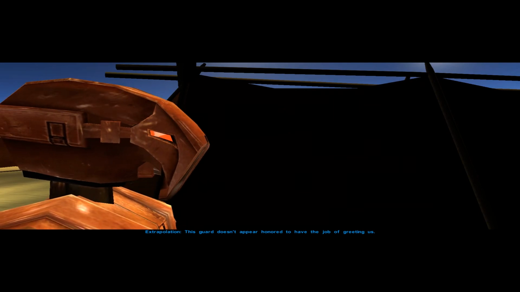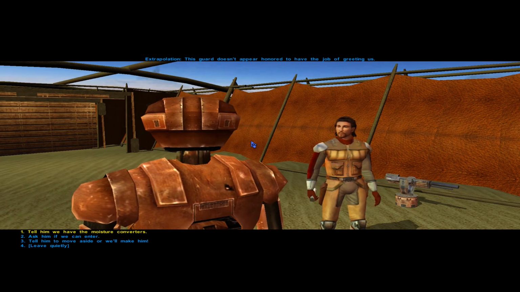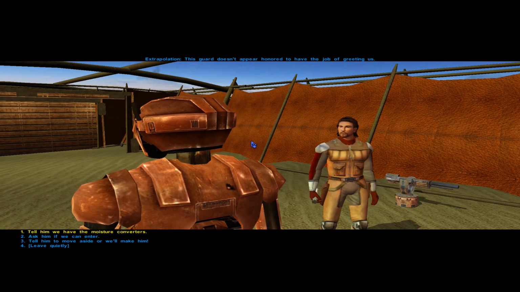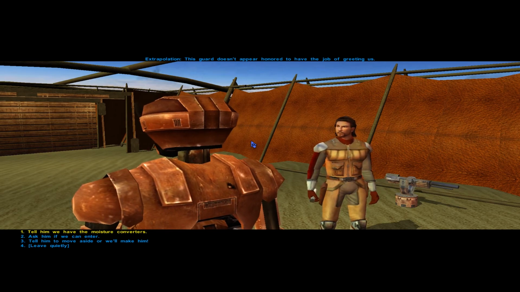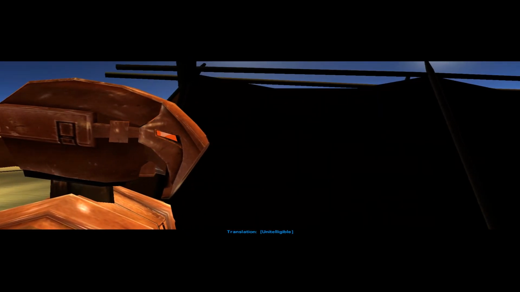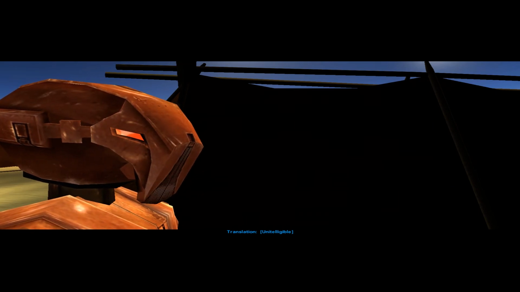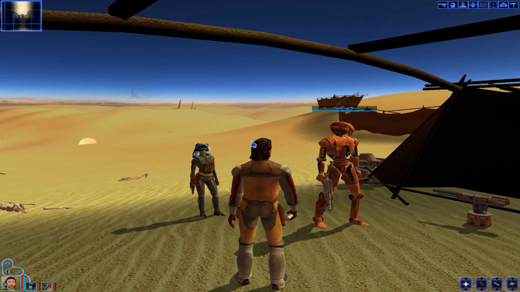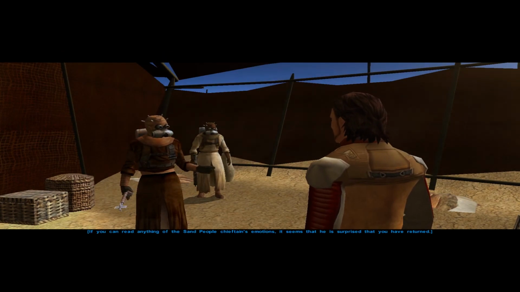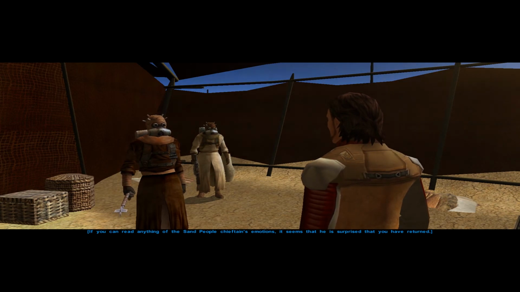Extrapolation. This guard doesn't appear honoured to have the job of greeting us. Well, what a pity for him. Tell him we have the moisture converters. They're converters now? I thought they were evaporators. That must be a bit of a dialogue error. Anyway, tell him we have the moisture evaporators. Translation. Translation. He will take us before the chieftain, as he was instructed to do. And I think unintelligible was misspelt in that previous bit of dialogue